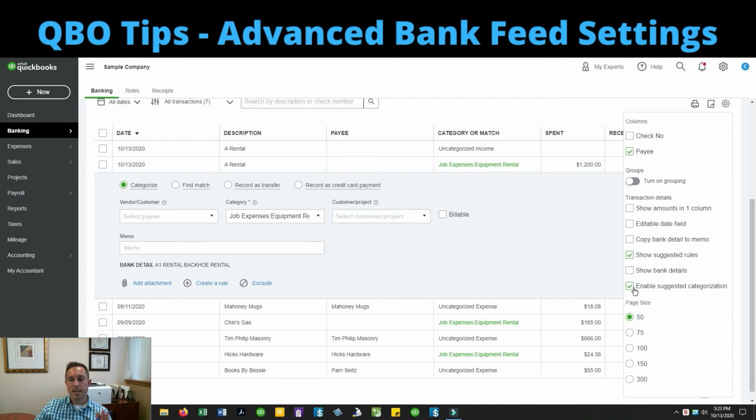So the last thing I have is the one that I like the most. It is the page size. You can have up to 300 transactions showing in your bank feed at any one time. If you have a lot of transactions, this is very handy.